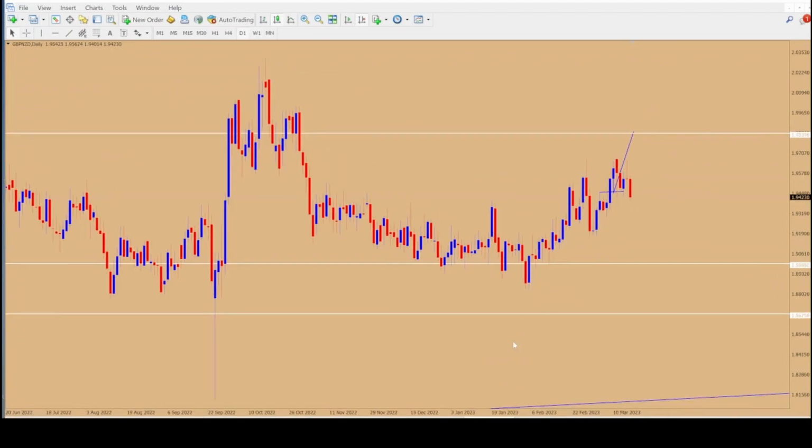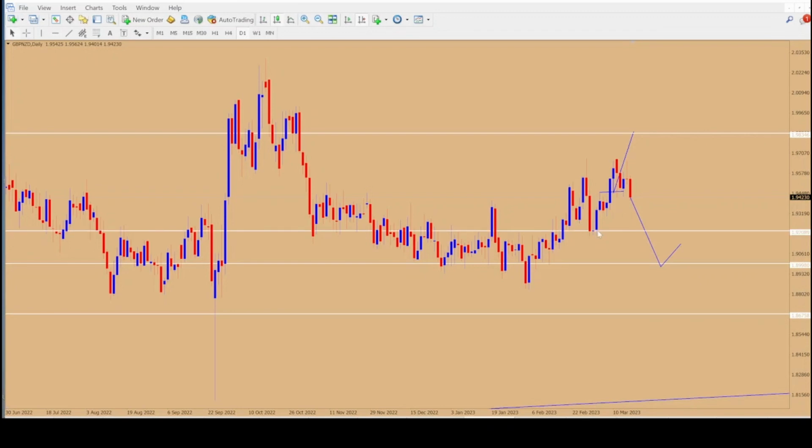So GBPNZD. For GBPNZD, I would expect to see the market come into this 1.89998. I know you might think it's far away, but possibly if it does that, then we can look for buys, right? But if the market is not going to go that low, possibly it will come into this area,